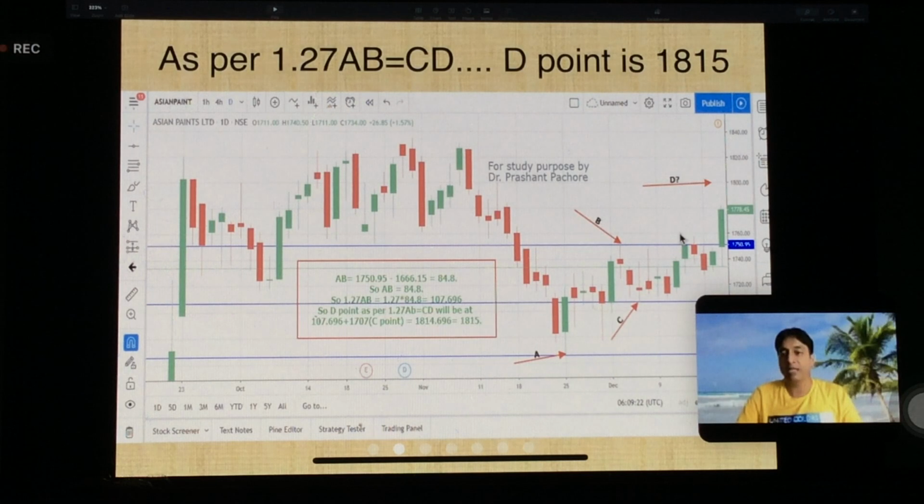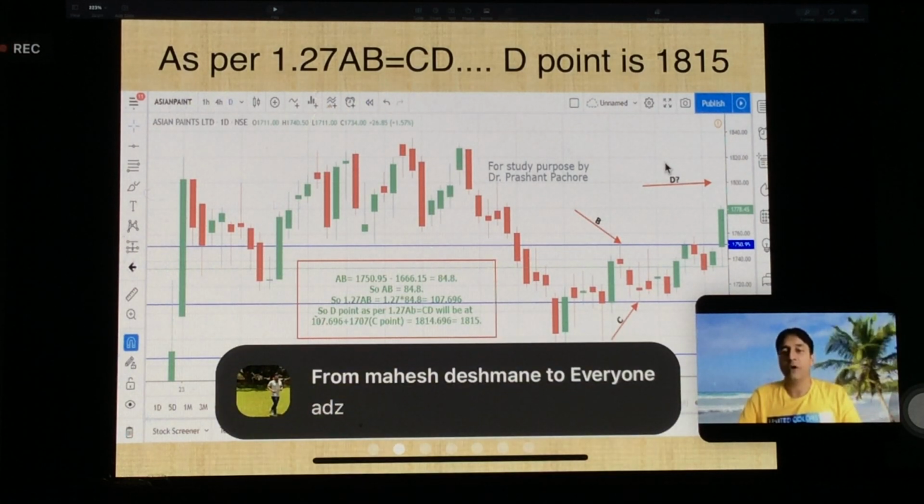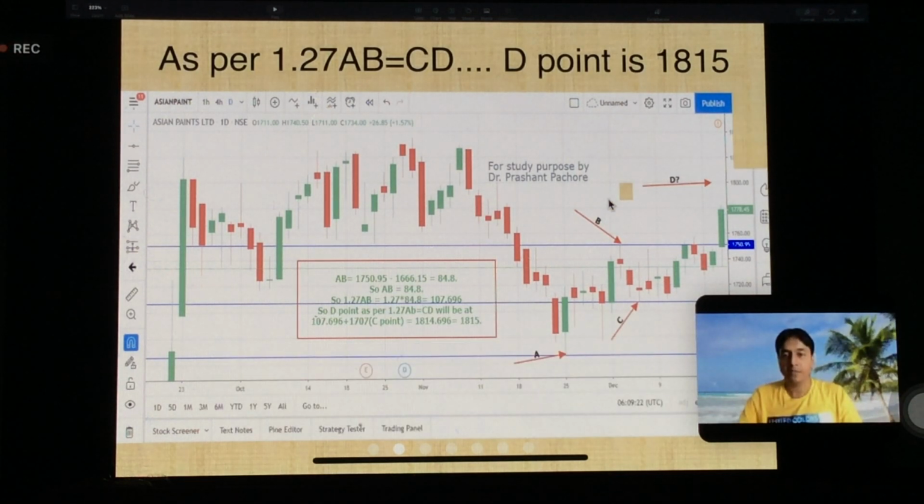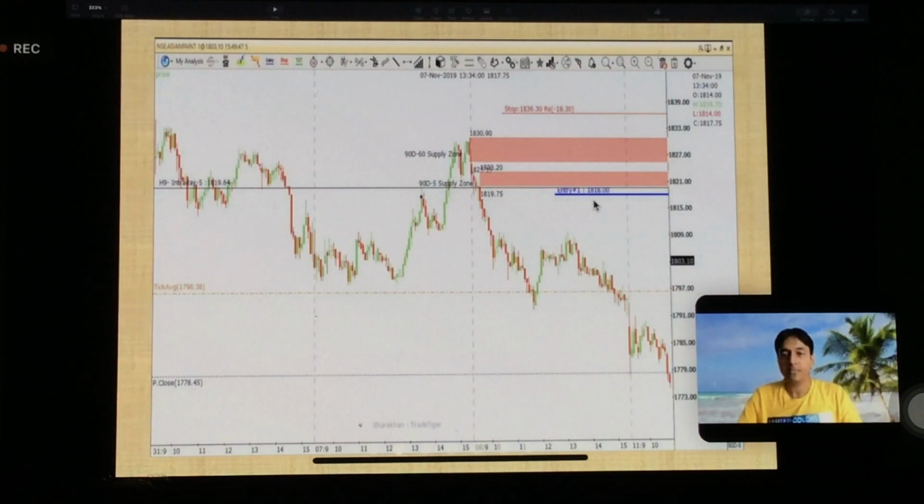So price engulfed it and price is reaching my VRSZ. I also have matching D points. So my fourth point is confirmed there. So what do I do? Instead of entering at 1805, I went down to the 5-minute chart. I have drawn this, this is SOE, and this is origin of angle. Upper is origin of angle, lower is this.